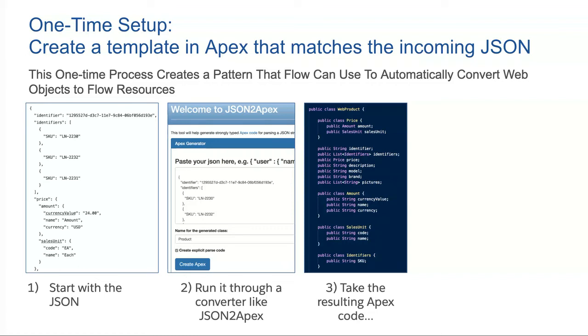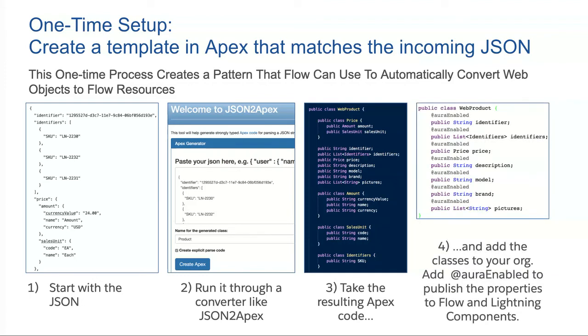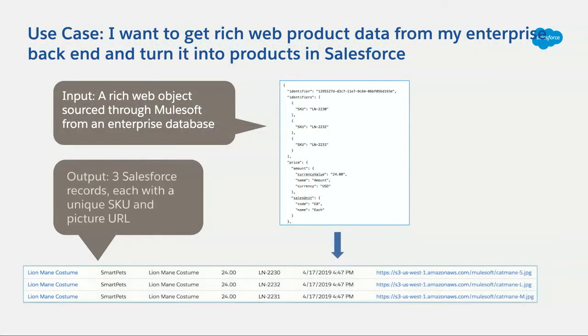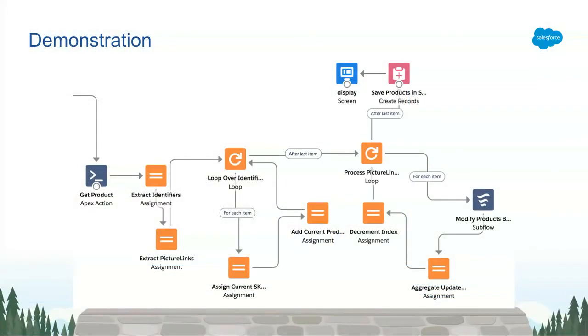I've got this data structure on the left that came back from a MuleSoft API call. And I took that and generated these Apex classes, threw them into my org, and added the Aura-enabled indicator to them. And then I was able to build this application. What this application did was take the results of this getProducts API call and create 3 product records. And all of the parsing that normally would have to be done by code, in this particular case, was